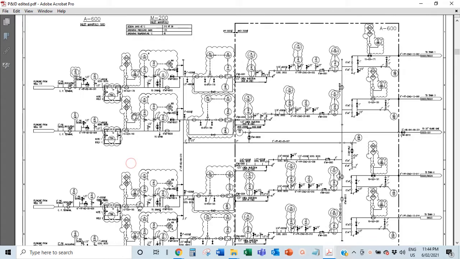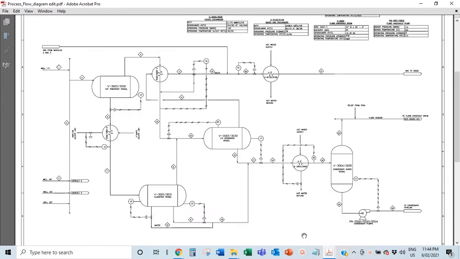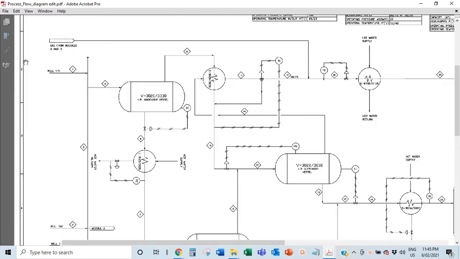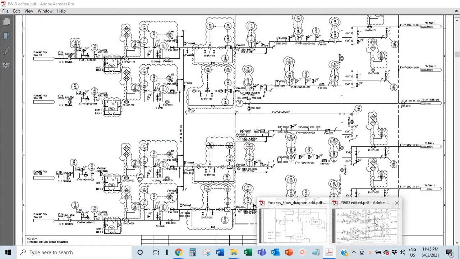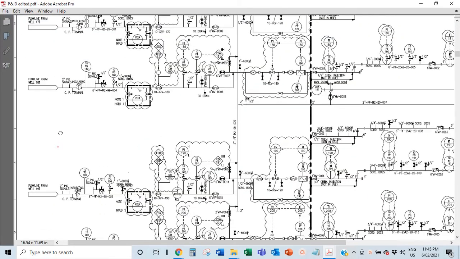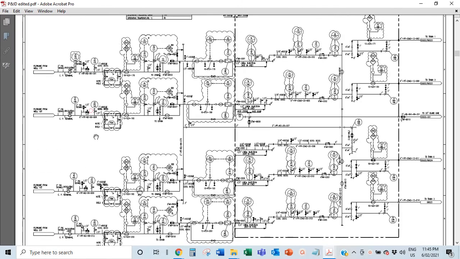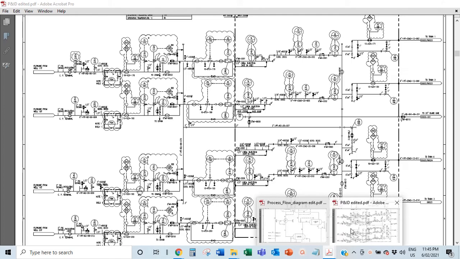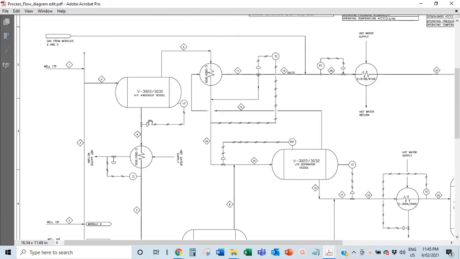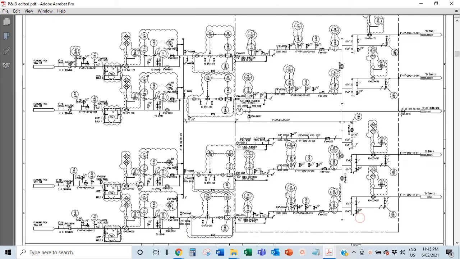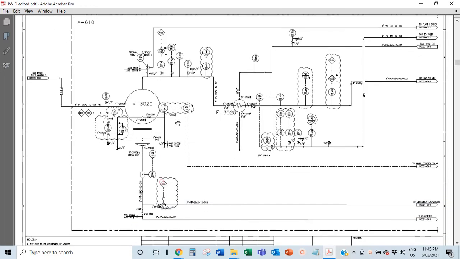So the flow lines we have here: 1, 2, 3, 4. That's 17T, 18T, 19T, 20T, but they are just here in a lot more detail. That's 17T, 18T, 19T, 20T. So all these lines are doing exactly the same thing. It's just that there are 4 different wells, so we need 4 different lines to all flow into one line, which ends up inside this vessel. That's this line, which is what you would see in the second page here, which is